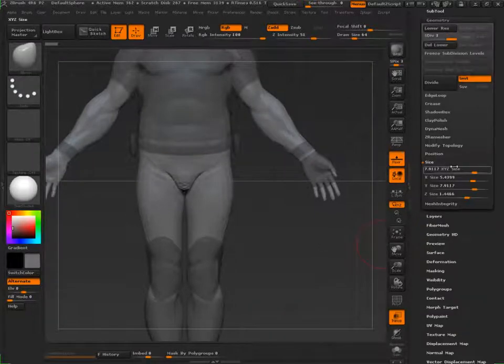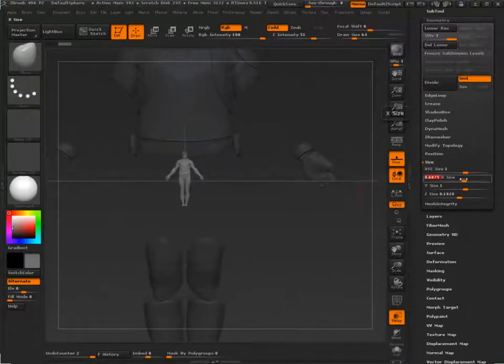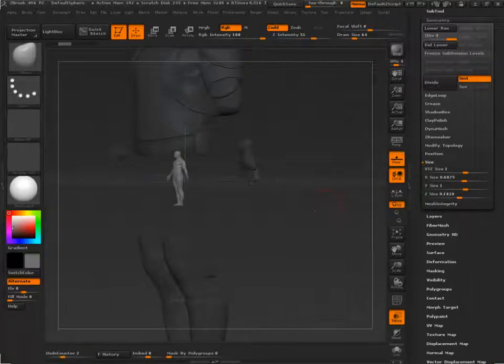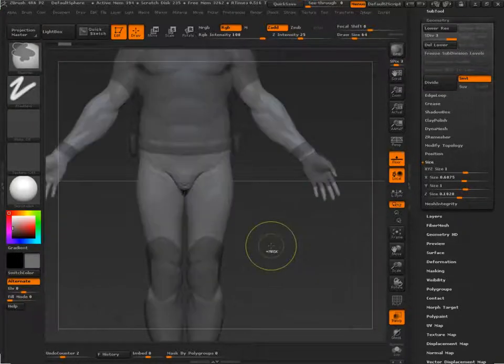I'm going to look at one other setting. Maybe size has something to do with it. So why don't we set our size down lower? Let's just go 1. And now suddenly we're getting a little bit different. What happens if I set that to 1 and 1? That's odd. I'm not going to pretend to know what that is all about. But then we've got this thing in geometry, size, that's like, what? Where did that come from? Why you got to be like that? So ignore this for now, but what you want to be aware of